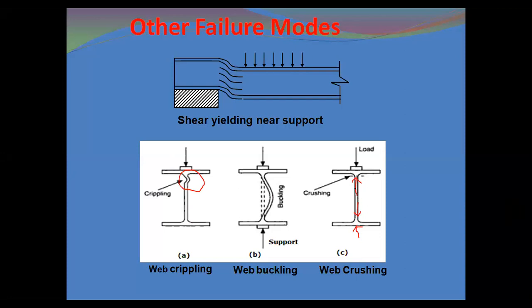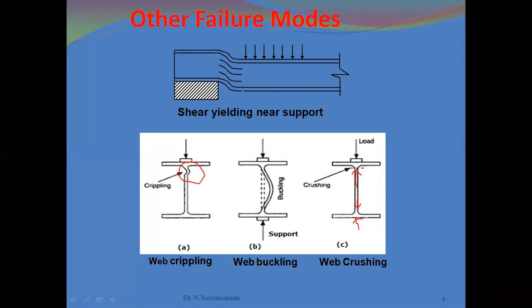Look at the red mark. So due to this lateral force, there will be a resistance from the web, where at this joint crushing takes place. So this is how you have to design your long beams first. For long beams, the web must always be safe under crippling, buckling and crushing. Then you can design your beam for shear, bending and deflection. So these are the other failure modes of the beams.